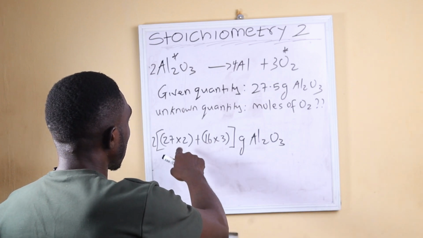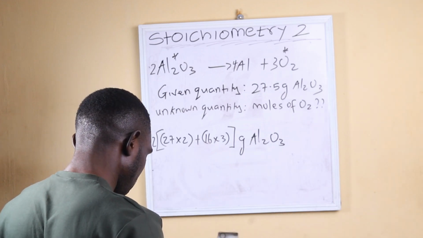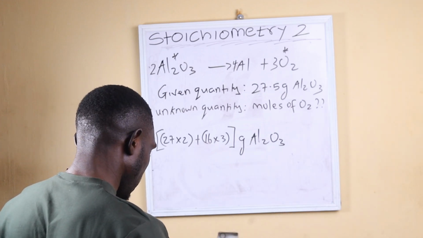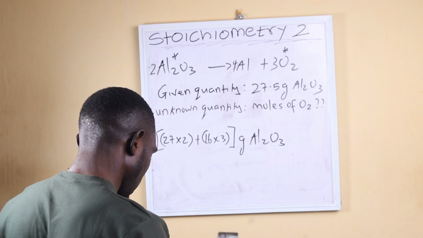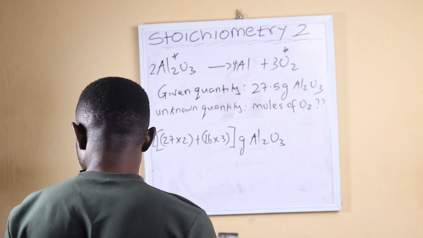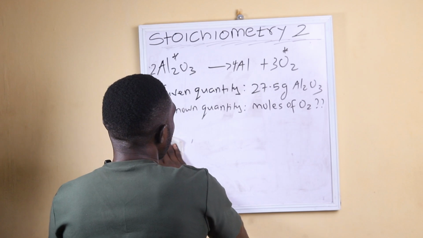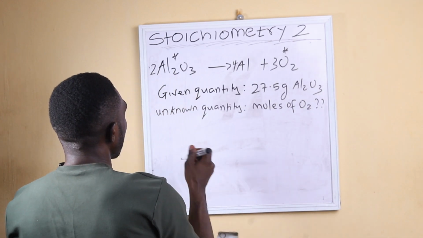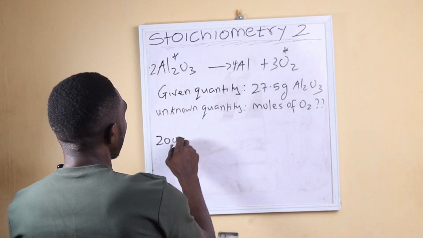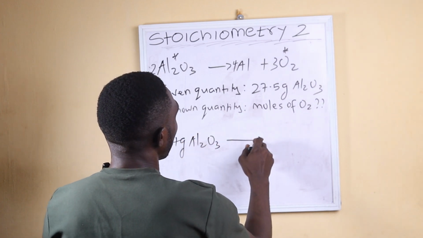54 plus, that's going to be 48. So that's 204. So we have 204 grams of Al2O3. All right, so from the balanced equation, we have that 204 grams of Al2O3 we produce